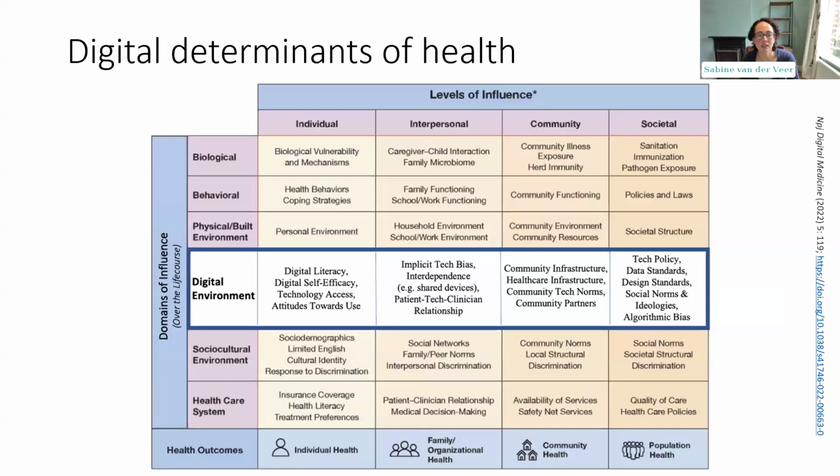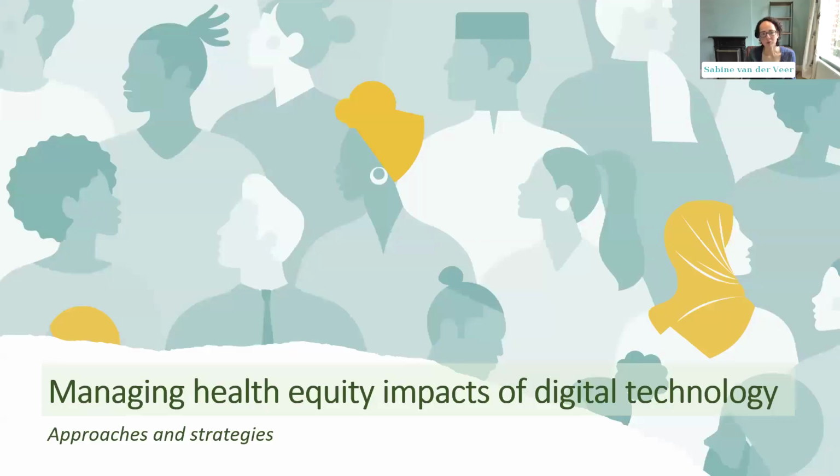So this is a useful addition when we think about social determinants of health, adding digital determinants of health, acknowledging that people's digital environment affects how likely they are to use and benefit from digital tools. And for reasons of time, I won't go through this in detail, but I think it's good to remember that there are certain things in people's digital environment that should be added to that Progress Plus list when you think about inequity. So now on to some approaches and strategies that Mustafa will then talk a bit more about in his part of the presentation.